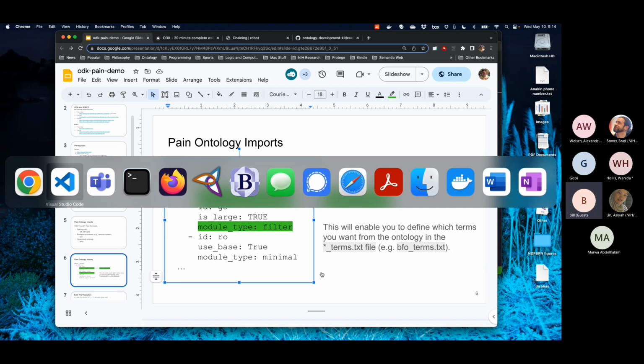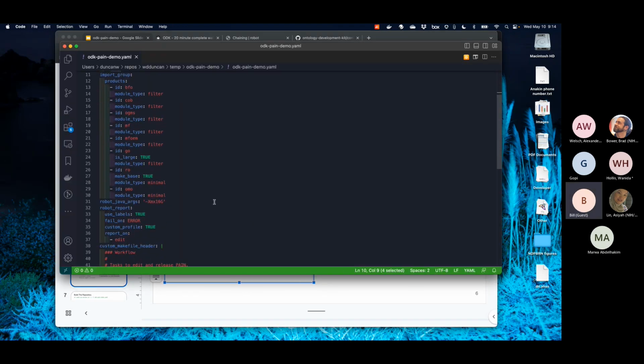So here's my full group here. It goes in this block called import group. And if you all want, I can put this up on my Google Drive and share it also, but you'll see similar stuff in those config examples. But one thing that's kind of nuanced about using filter is